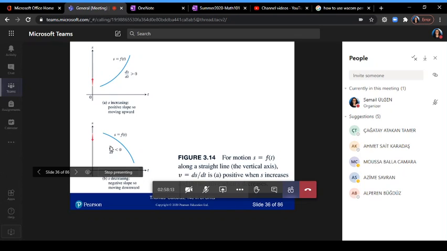So therefore, displacement is decreasing as position is going to be